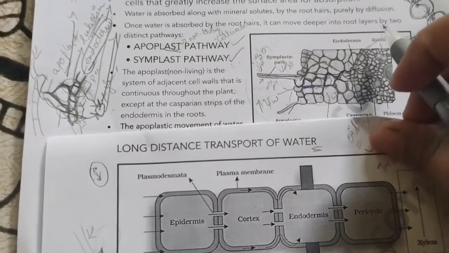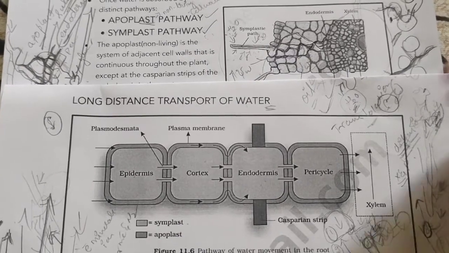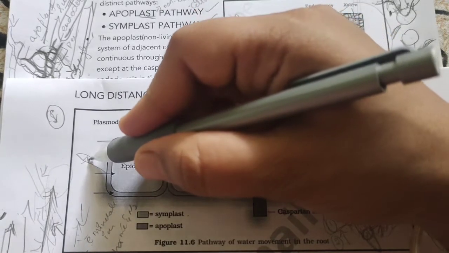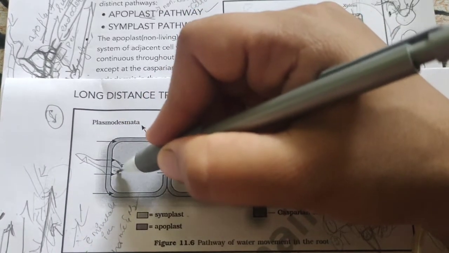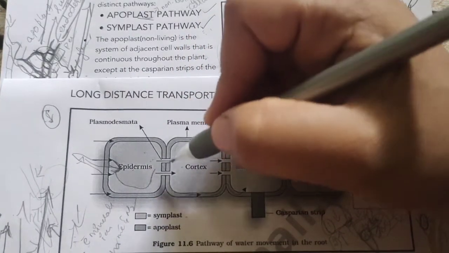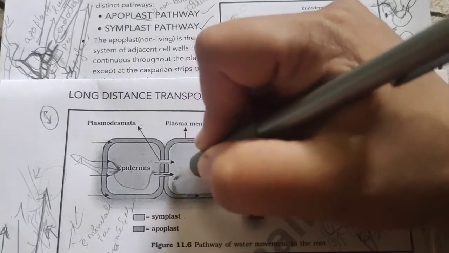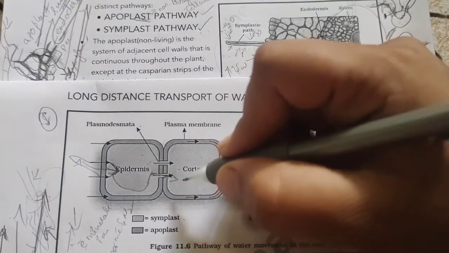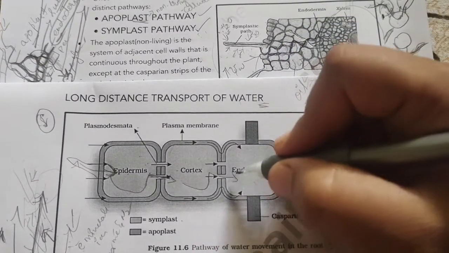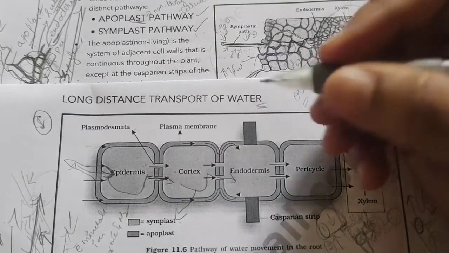So let me focus on all these three diagrams so that you can easily recall again. Okay, so now water which has been absorbed by the root hairs, if this water enters into the cytoplasm, and through cytoplasmic streaming, there will be a connection existing between these two cells called plasmodesmatal connections. From here, through the plasmodesmatal connections, if water enters into the cytoplasm of cortex, and then again reaches the endodermis, this movement is called symplast.